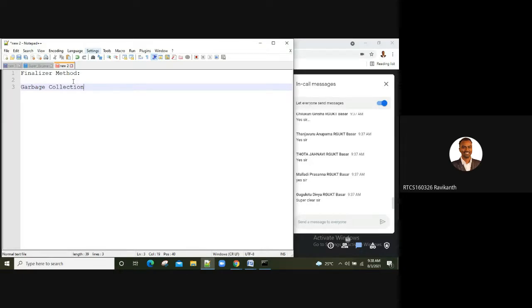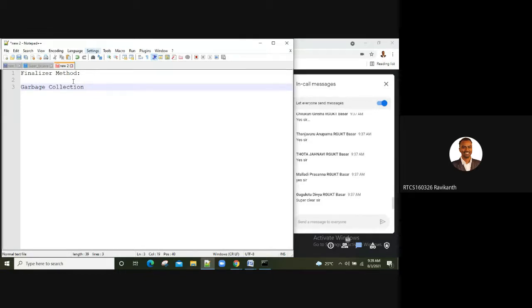Let me tell you, when you go with Java, this is one of the major advantages we have in Java. Java will keep track of all the objects that you create, and we destroy them when they are no longer required.